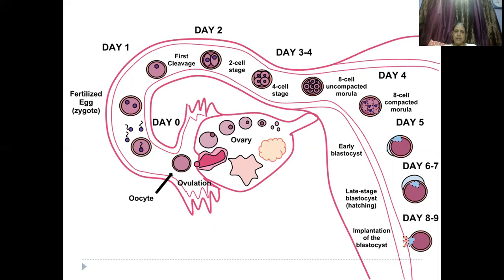Now the egg remains there for 2 days. Within the 2 days, if the sperm enters into the oviduct, then it is okay. So you can see here, after ovulation, the sperm has entered into the oviduct, and then that fertilized egg, or the zygote, undergoes division to form the first cleavage, second cleavage, all the different stages, and then lands up and implants itself on the 8th and 9th day of the pregnancy.